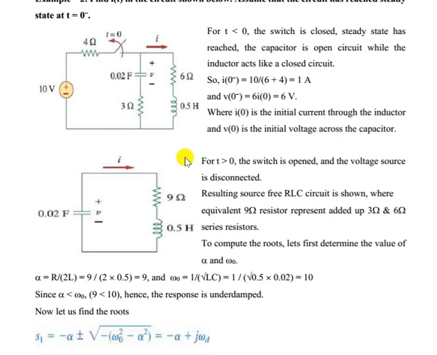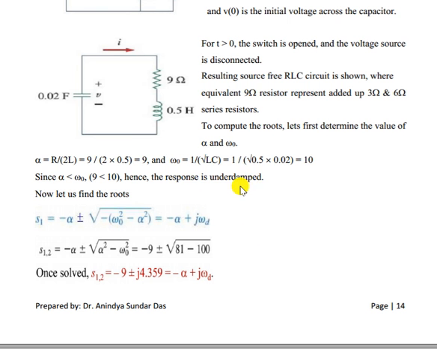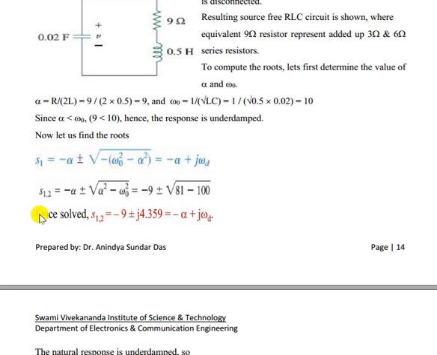So the first point is to find out the initial condition. Draw the circuit at t equal to 0 plus, and look at the circuit whether it is a series or parallel circuit, and whether it is source free or a step response. Now it is a source free and series circuit. Then find alpha and omega 0, and then you can find the condition of the response. Response is underdamped. Now for underdamped, what is the formula of S1 and S2? That is minus alpha plus minus root of alpha square minus omega 0 square.